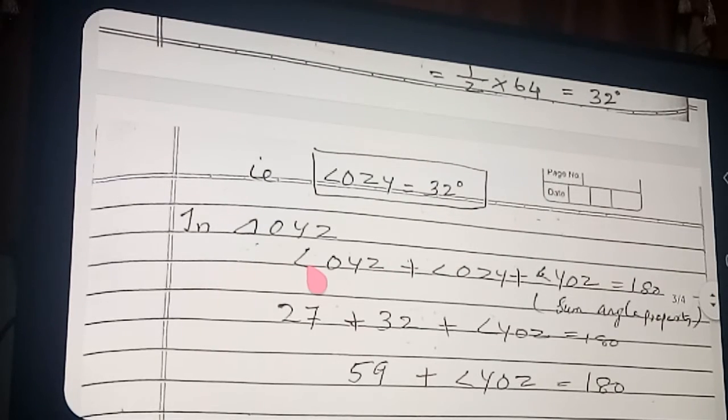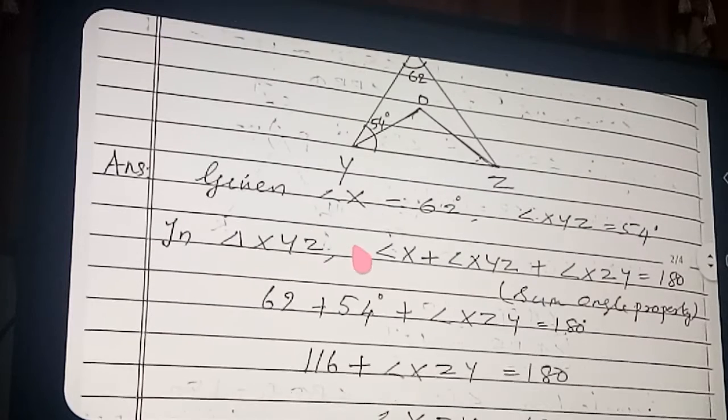In triangle OYZ, you can see there is another triangle formed inside. Which triangle? Here you can see one triangle formed inside. You can call it YOZ, or OYZ, or OZY. So this is a small triangle formed inside. In this triangle, what is the sum of all angles? 180. In any triangle, small triangle, big triangle or acute triangle, the sum of all angles is always 180 only. Any triangle you draw, measure and add and see.